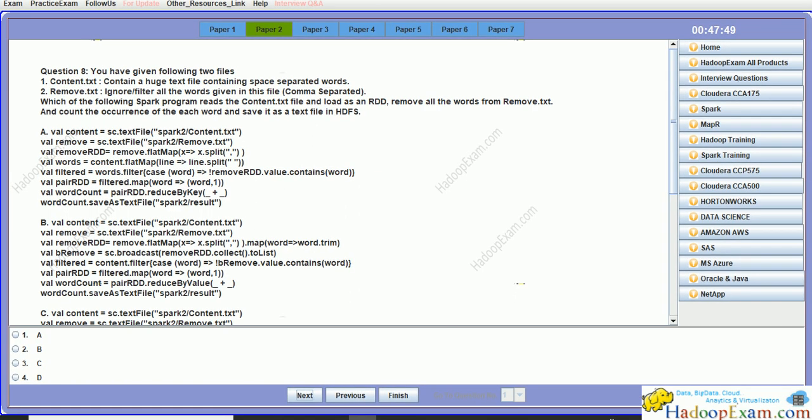You are given the following two files. One is the content.txt file, a huge text file containing space separated words. Another file is remove.txt. Filter out all the words given in this file. This is a comma separated file. Which of the following Spark programs reads the content.txt file and loads it as an RDD, removes all the words from the remove.txt file, counts the occurrence of each word and saves it as a text file